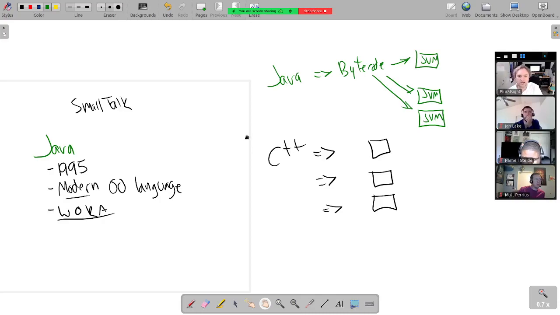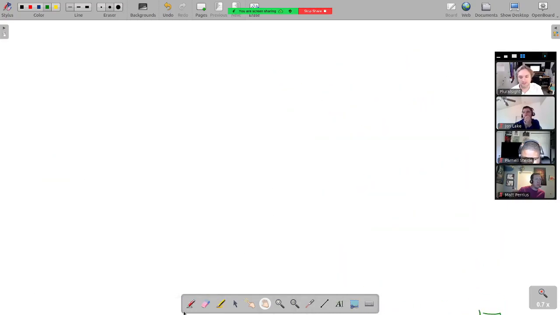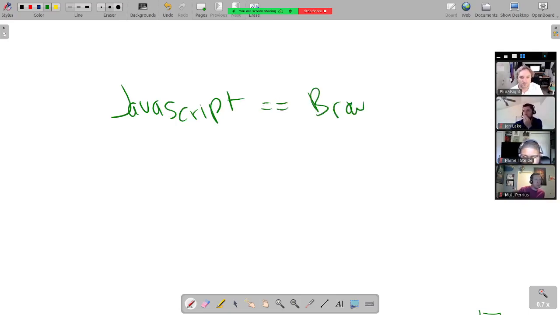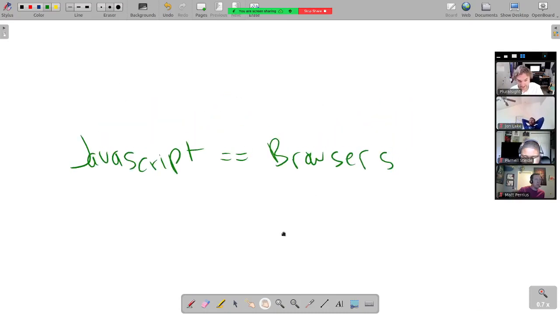Languages are kind of tuned for different sorts of things. JavaScript is one thing and one thing only: browser programming. It is optimized for that.